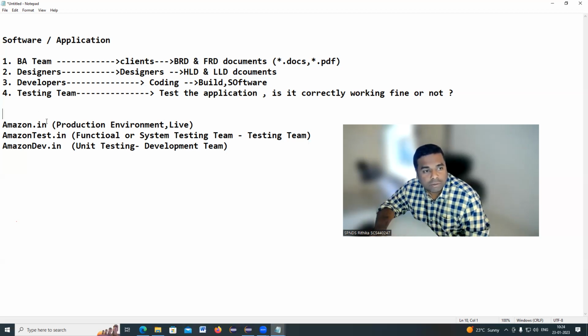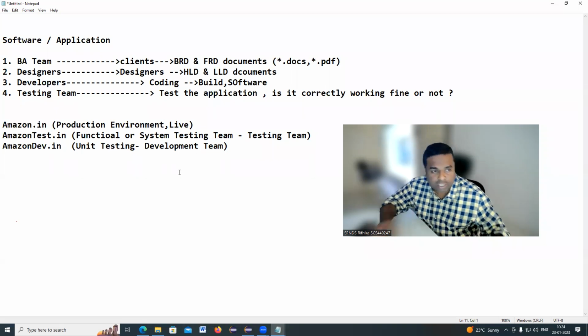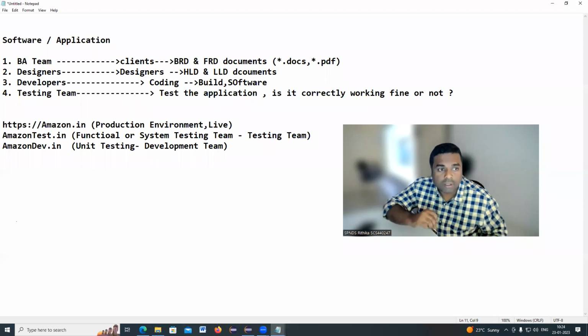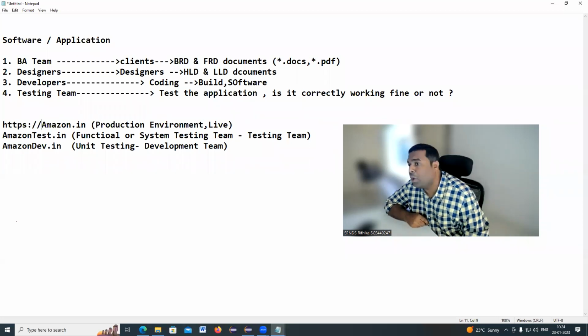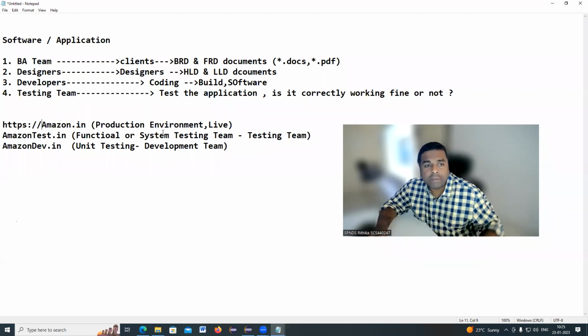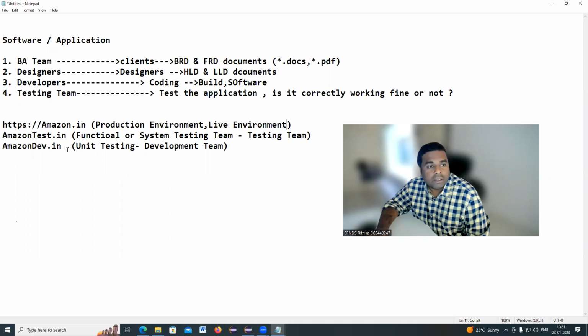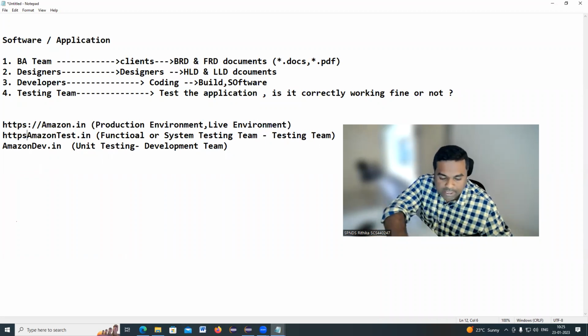See, the actual application URL is https://amazon.in. In testing terminology, we can call it a production environment or live environment. And Amazon test.in, this website we can call a